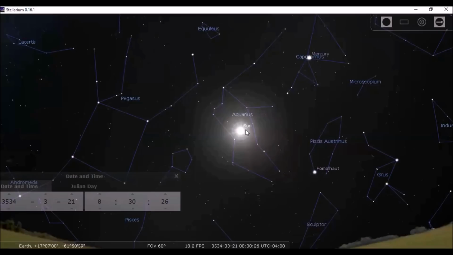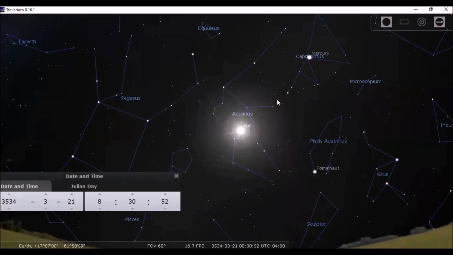because the sun is stationed on the day that counts, the day that shows you what age we are in, the day when the sun is on the celestial equator perfectly before it goes northwards. That day, the 21st of March, in the year 3534, the sun is in the Aquarius constellation. All right, good. That's 1500 years from now.